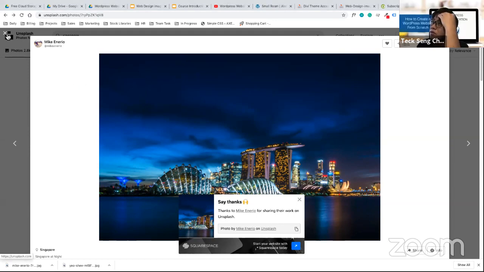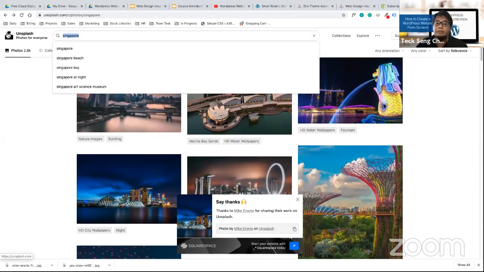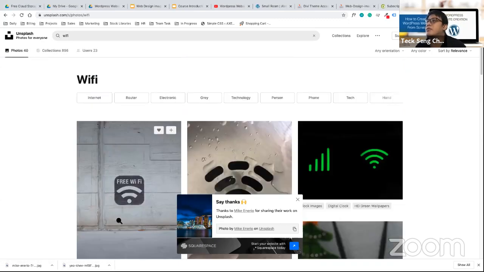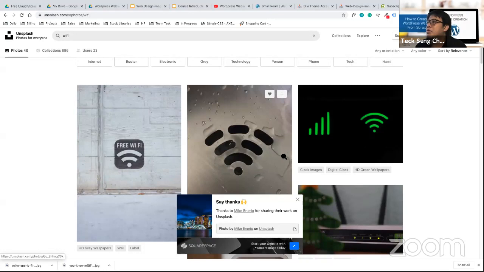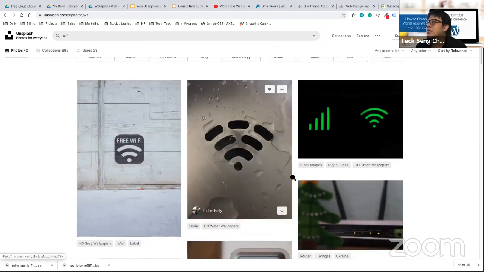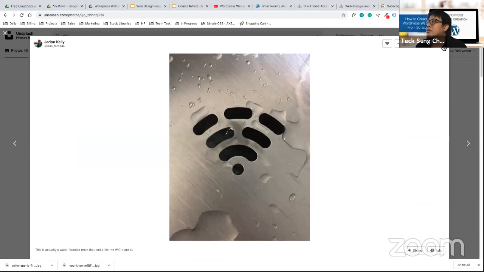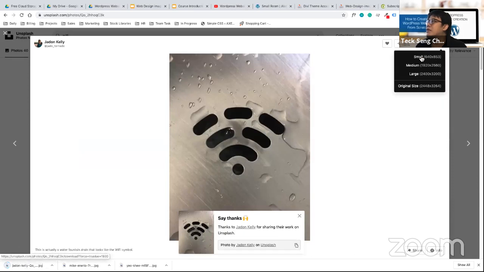I assume everyone managed. So the second image I'm going to download is a square image. I know it's going to be 1:1. Let's say I want to include an image for free Wi-Fi. Then I look for Wi-Fi. I know images like that can be cropped 1:1, so this is nice. I click on it, and then click on download free. I can click on the medium size, or even the small size is good enough. 640 times 853 is still good.